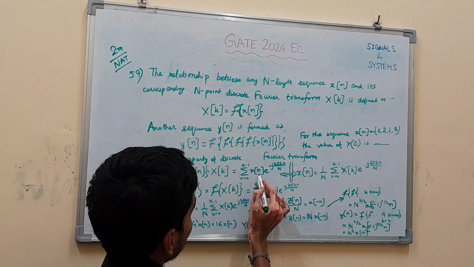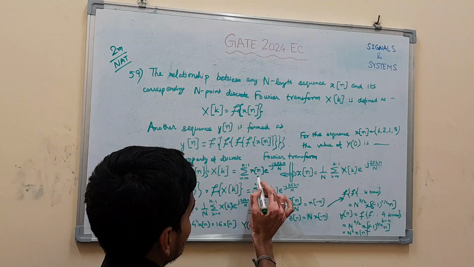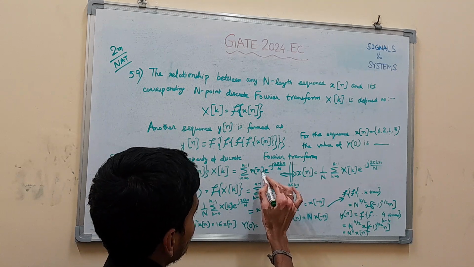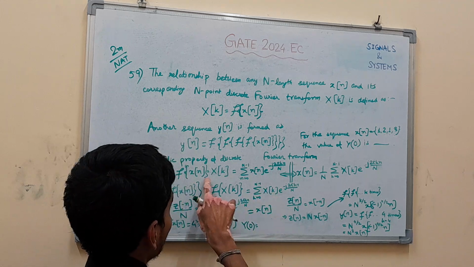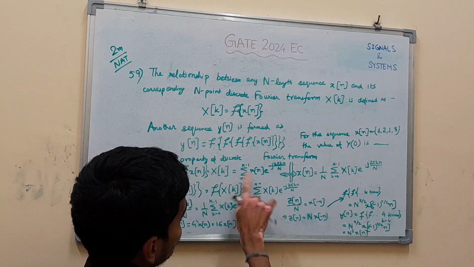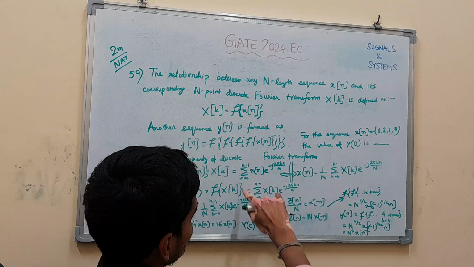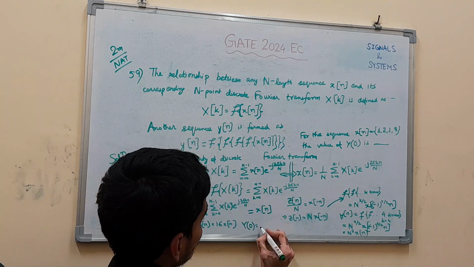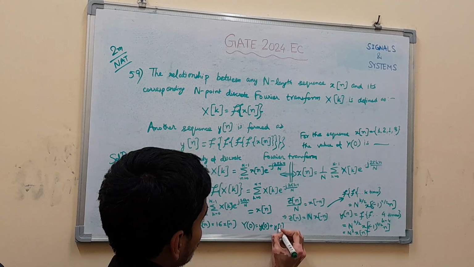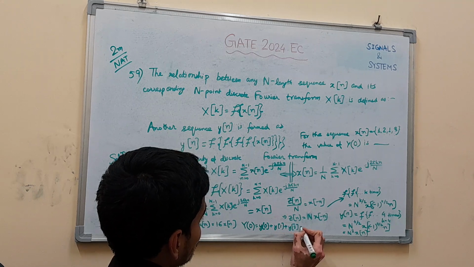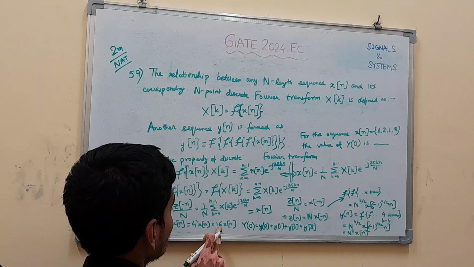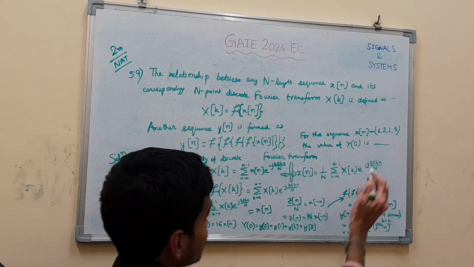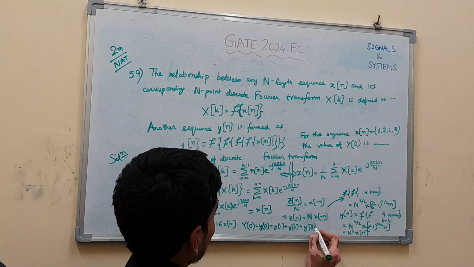बेसिकली हमको क्या मिलता है x0 plus x1 plus x2 plus up to x of n minus 1, यहाँ पे n 4 है तो x0 plus x1 plus x2 plus x3। ये जब x था तब ऐसा था, अब x को अगर y से रिप्लेस कर देंगे तो ये y हो जाएगा, k 0 है इधर, ये हो जाएगा y0 plus y1 plus y2 plus y3, और y of n क्या है, 16 x of n, x of n क्या है ये सब, तो बेसिकली ये हो जाएगा कितना,